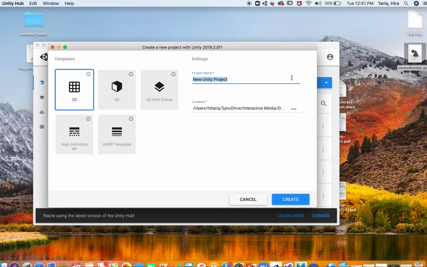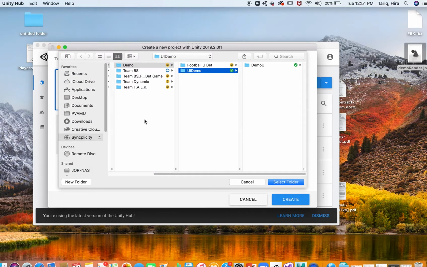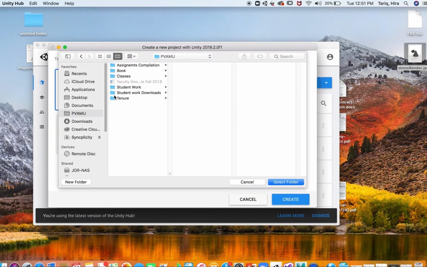You're going to name your project 2D demo, and this is going to be focused on how to create UIs for a 2D project. So I'm going to call it 2D demo UI. The next thing that you want to do is select a location for where you want your project to be. So I am going to go ahead and click on those three dots there and select say a location, and I'm